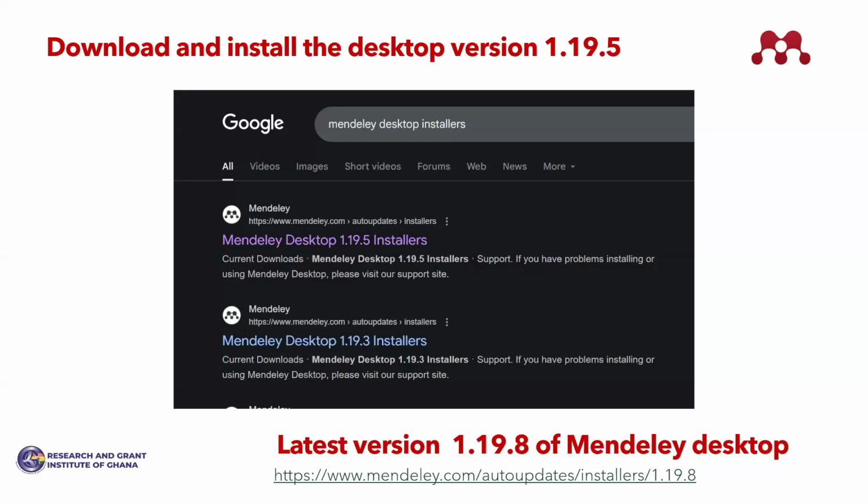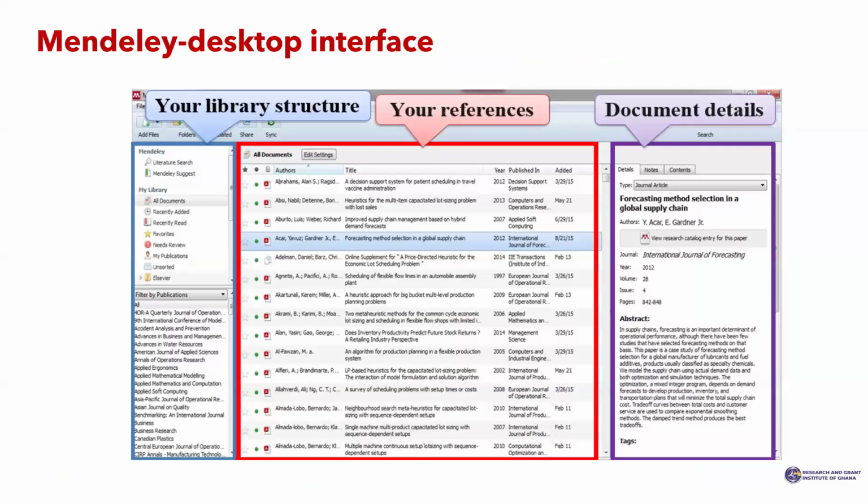I have to proceed. We have a lot to look at today. So let's proceed. Good. So this is the interface of the desktop version. Your desktop version appears like this. So if you are seeing this now, it's because you've already added documents. But if you open it for the first time,